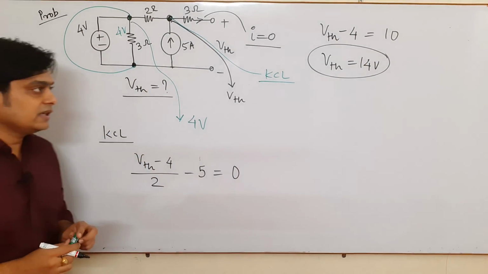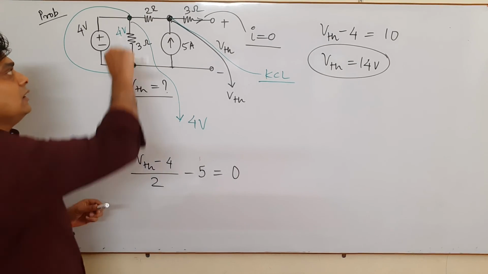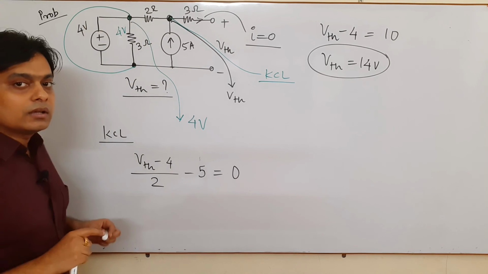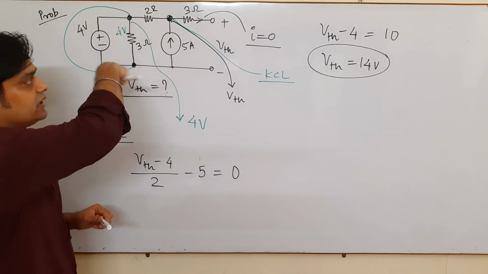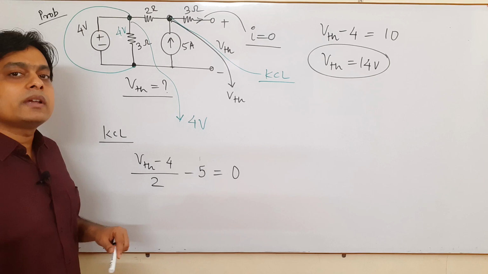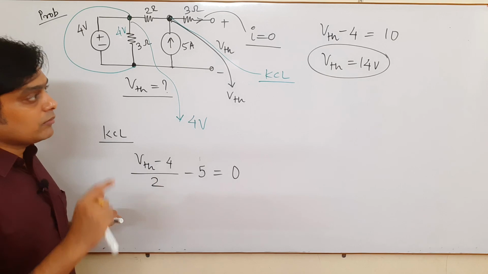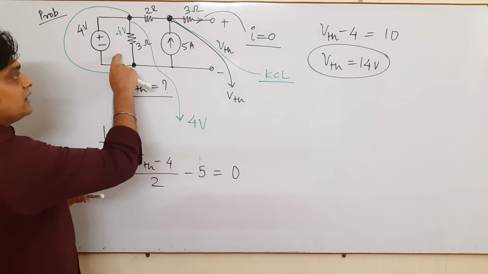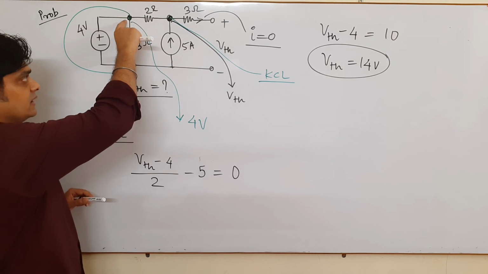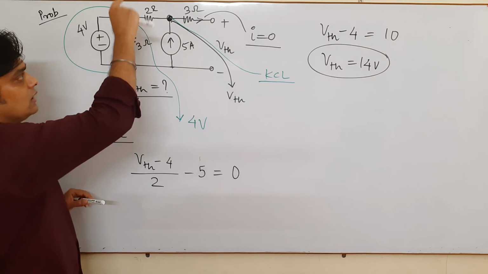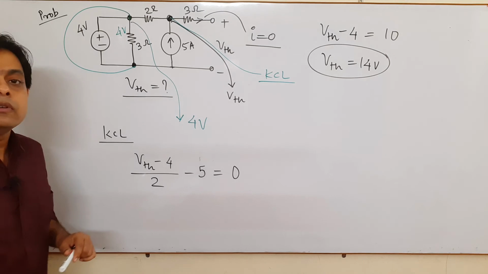Okay, so again you will see it is a very simple problem, and we have solved it. The only thing you have to keep in mind is to apply the concepts. If you start solving this network through the conventional method, by considering currents in the branches and then solving super mesh and super node, one can find the answer, but it takes time and your other problems will get affected. So in this type of problem, try to apply the concepts. This 4 volt appears between these two nodes, so simply by applying KCL, you can find the value of VTH.